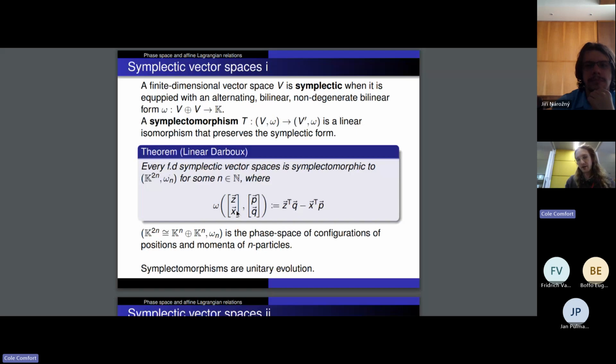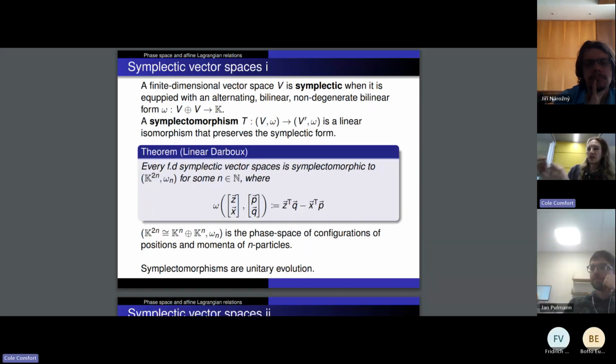The fact that every symplectic form is equivalent to one of this form means that you can always split your vector space into two, and you can think of the first n parts of your vector space as being the different possible positions, and then the last n as being the different possible momentums, so that your particle is now a vector of n positions and n momentums. So it's n particles given by n positions and n momentums, and then the invertible Hamiltonian evolution of this particle is given by something that preserves this form, which captures the commutation relations in mechanics. Okay.